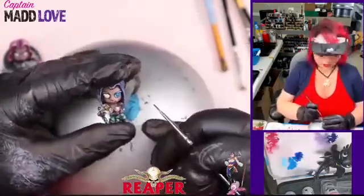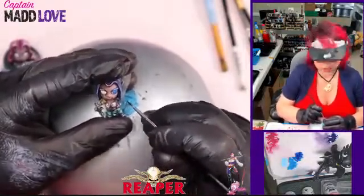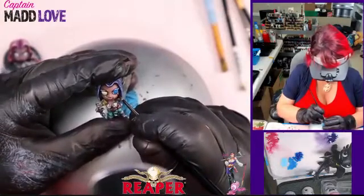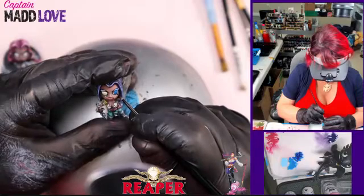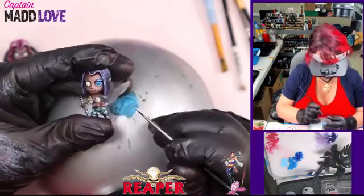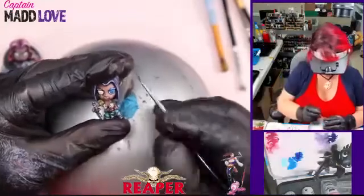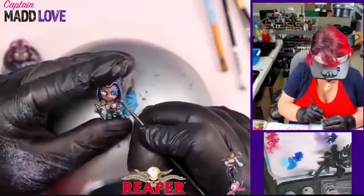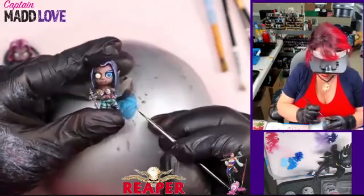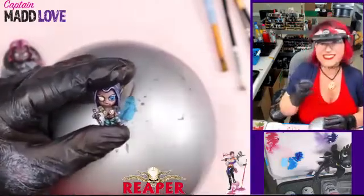So in doing the pupil, what I do is I take a look at the eye. We kind of want the pupil to be in the center of the iris. That just makes sense. And I'm going to estimate that, and I'm going to put a dot right where I think the center is, and then I'm going to look if I got it right. Now, if I didn't get it right, then I just move it because the pupil is going to take over this whole area. Once I get it to where it's pretty centered, I'm going to start from that center